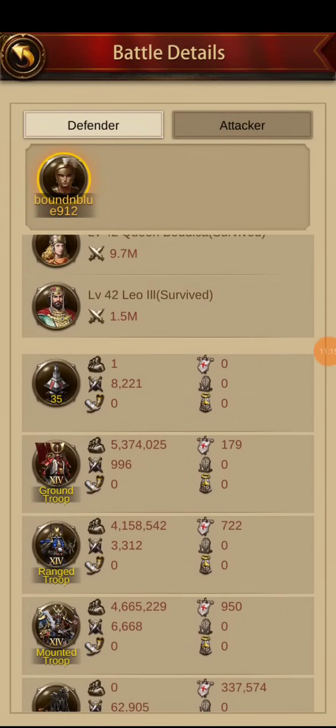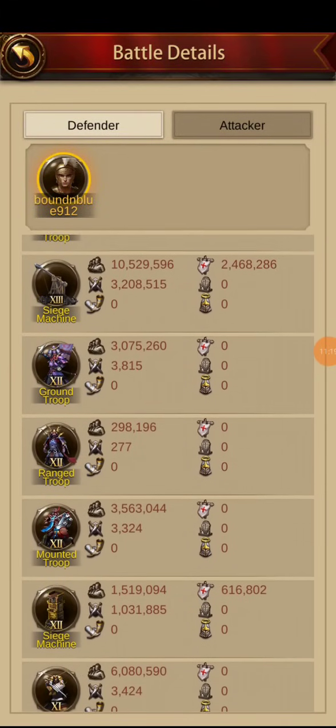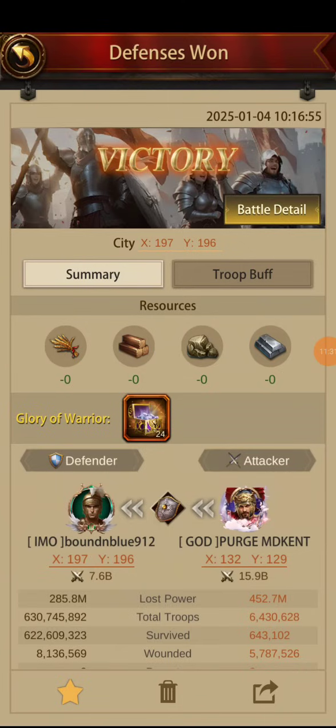The higher tier right here didn't do a whole lot, because when they attack, range kills range. It's always like that until the range is gone, then it attacks others. Usually it doesn't though. I think most reports show that it doesn't. But that's the way. But if you get hit, if they rally you and they send a 3,000,